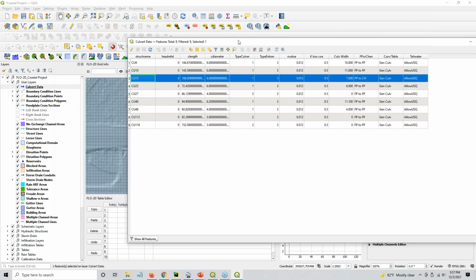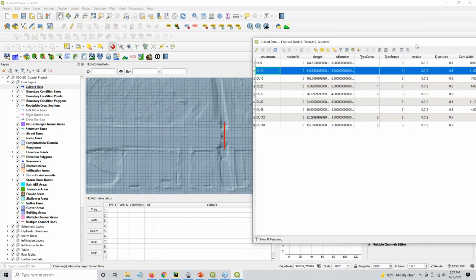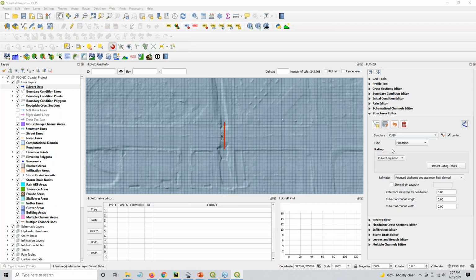So I'm going to just kind of move this off to the side. Let me get CU10, and then I'll just fill this data in. Okay, so we'll start over here and finish up on this side. The length is 143.58. And the width, if you tab, the width is 6. And that's a box culvert. And then the type is 1 for box culvert, and the entrance type, I can bring this back over here,